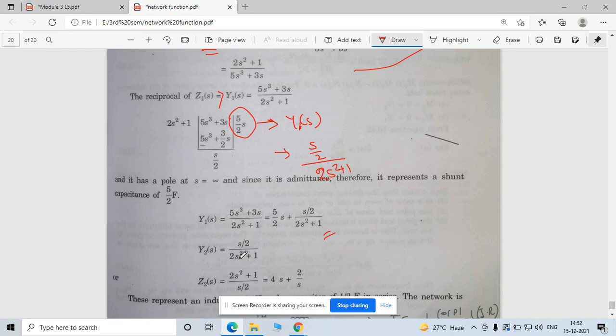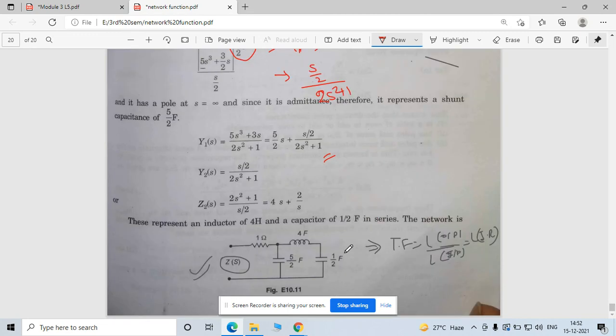Okay, see here. Now you can also observe these Y2 terms in terms of your Z2 terms, Z2 of s. Simple, take the reciprocal of that. Once you find out these Z2 terms, right, the impedance of these terms, represent those terms with the parallel combination of these two terms, Y2 and Y1. So what is the combination of that? First of all, see 4s by 2 by s. So 4 represents your L, and 2 by s here, C is nothing but your 1 by 2 farad, right?